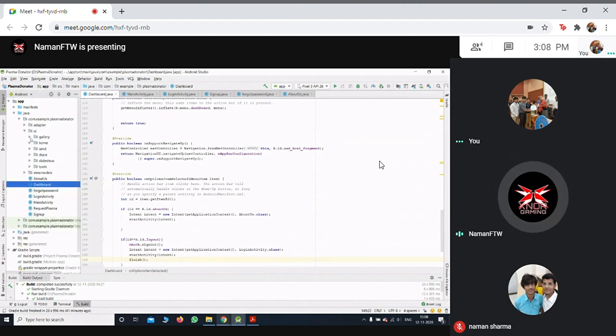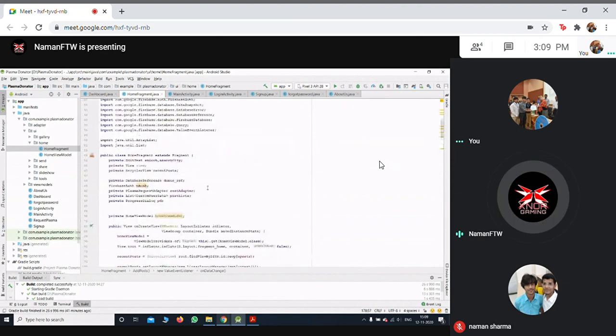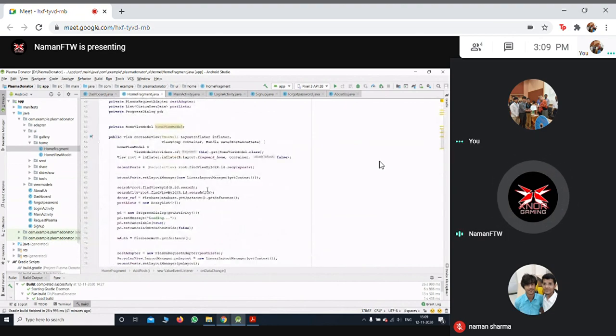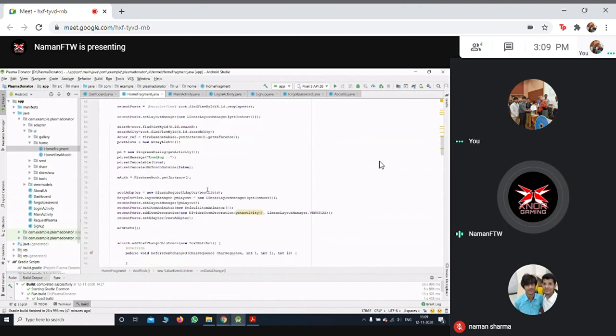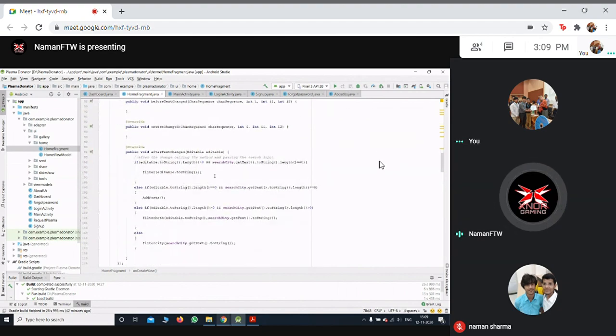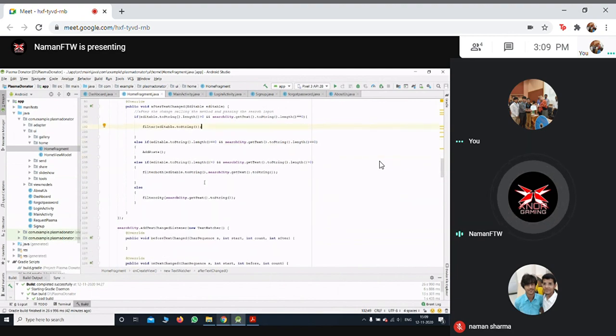So now coming to the different fragments, this is the request fragment where we see all the requests which are posted by the users. Here we have used recycler view, adapter view, and list view to show all the requests which you get from the database. Here we are initializing the recycler view, and here we have used certain functions for when the user searches for any blood group or city.